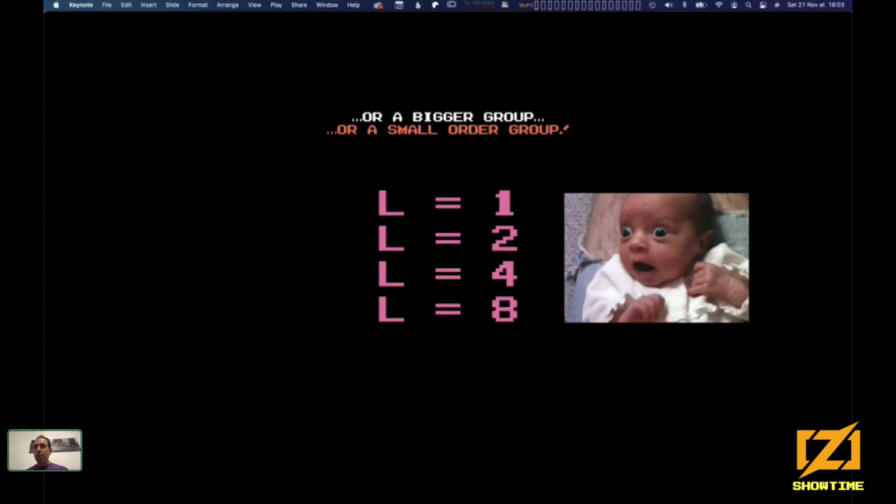Now, if we pick another point, what could happen is that we can keep adding this point to itself many, many times, and we can generate a graph which is even bigger, which is not a problem. That's cool. Or if we try again and pick another point, we can just add it to itself, because then we wrap around already, or just twice, or just 4 times, or just 8, and then we are done. So for some points, we get a very, very, very small graph.